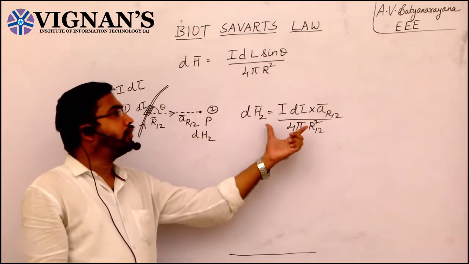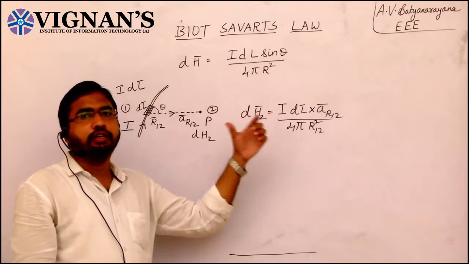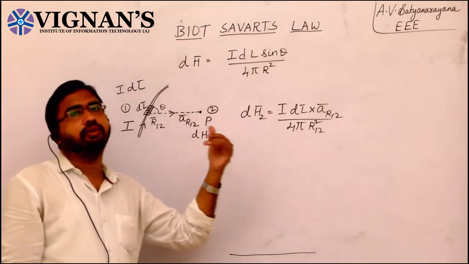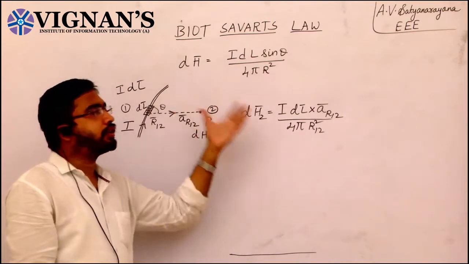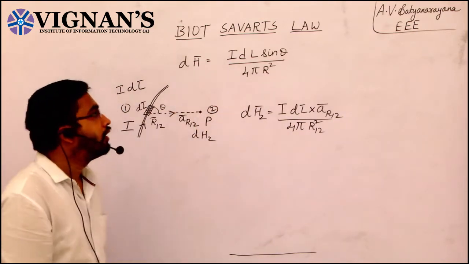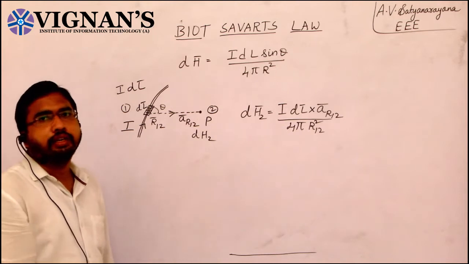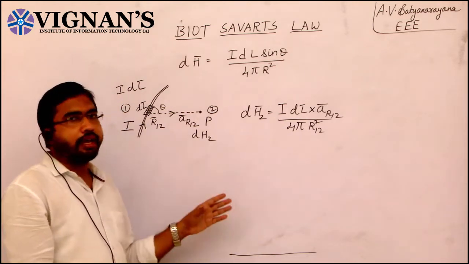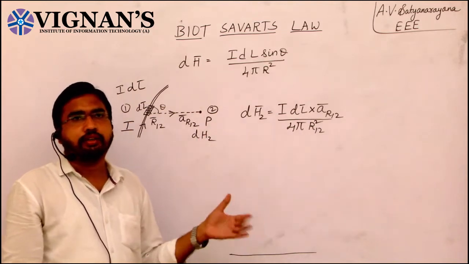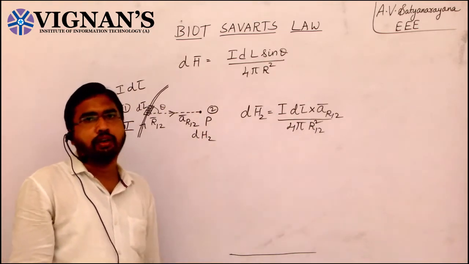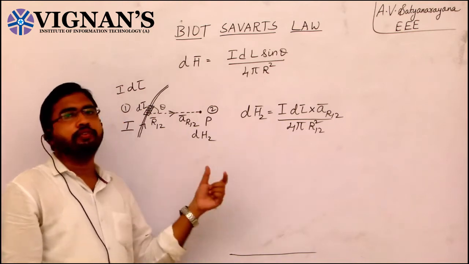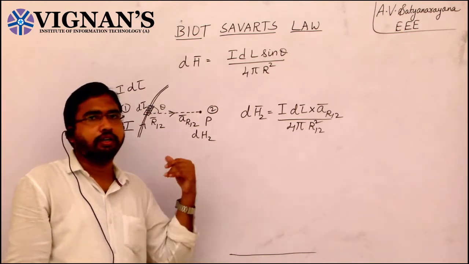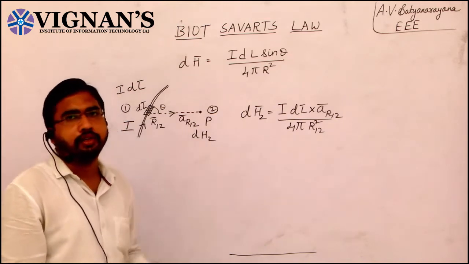Now we are going to use these expressions for deriving the magnetic field intensity due to an infinite line charge and due to a circular ring. We already completed the derivation for the magnetic field intensity due to an infinite line charge at some point P. That derivation is completed in my previous lecture, and the value of H bar is I by 2 pi r into A phi.